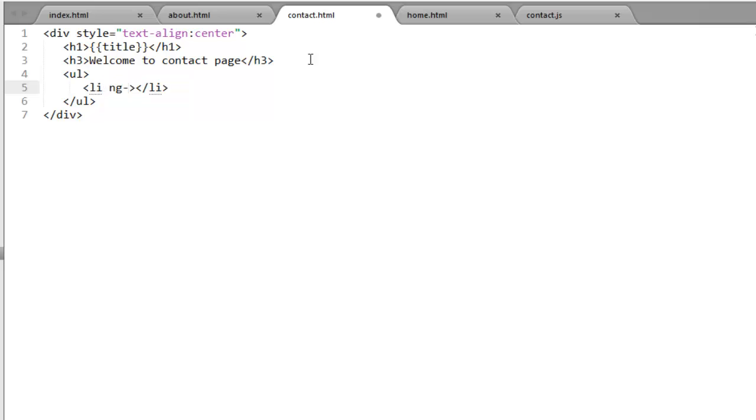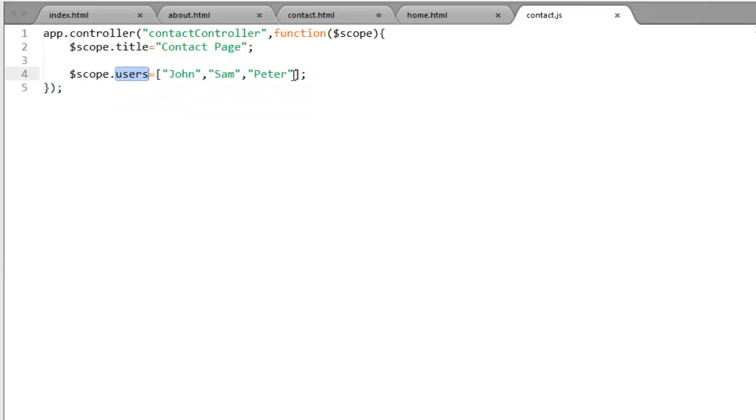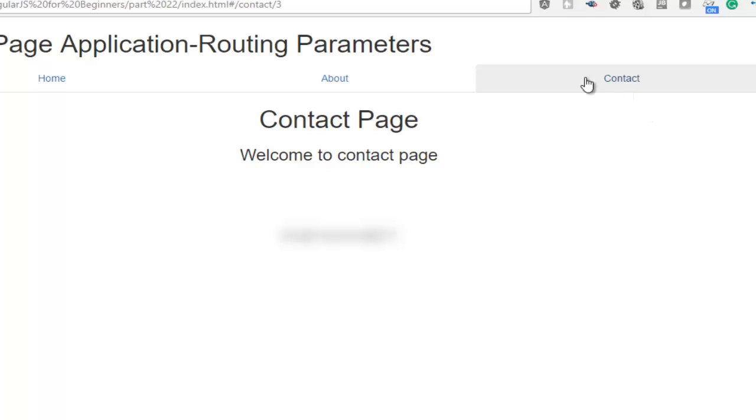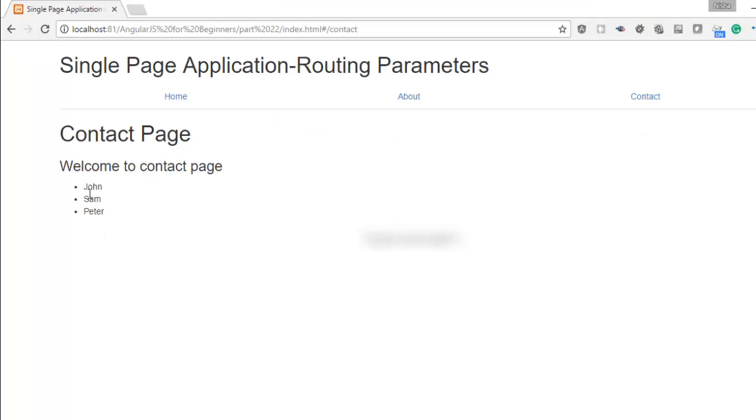We already know how to use ng-repeat. I will create one variable here that takes data from users, the same as the variable I created here. Now with the help of a data binding expression I can bind user. Save the changes, move to your browser and refresh the page. I have these 3 users.